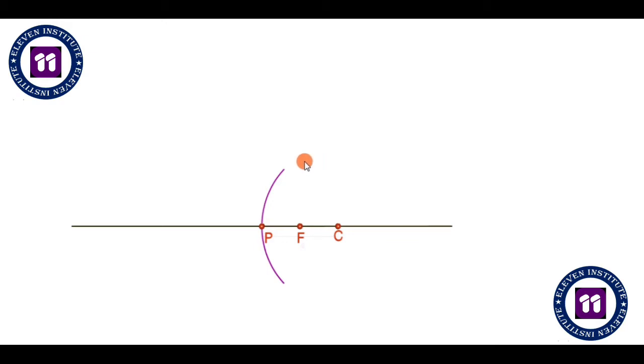But as we have drawn from this side, the curvature is on this side. The pole, the focal point, and the center of curvature are on the right side, and we will have to place our object on the left side. Now let us place our object at infinity. Infinity means all the points are same. The distance is quite negligible between these points, so we take them as the same point.